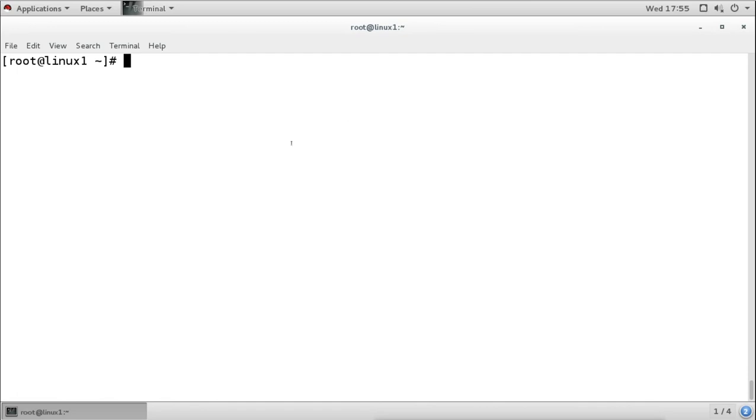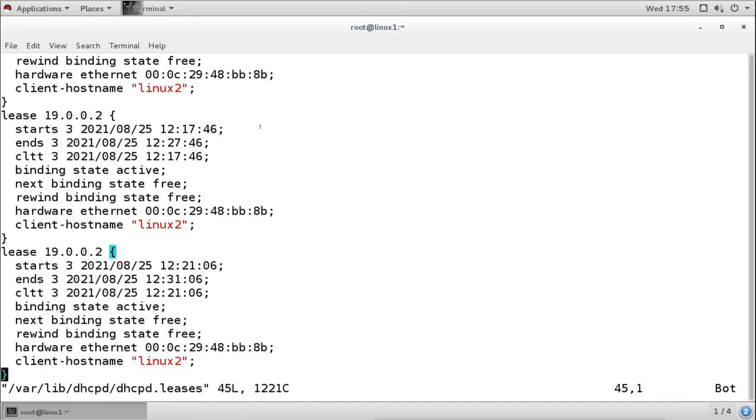Now if the client asks for an IP address, it sends the MAC address also. So based on the MAC address, the DHCP server will always provide the fixed address for that client. It matches the MAC address, and if the MAC address matches, then it will give the fixed IP address. Now we want to configure that, so we need the MAC address of that client. For example, this machine's MAC address is this, and I want to give this machine a specific IP address.